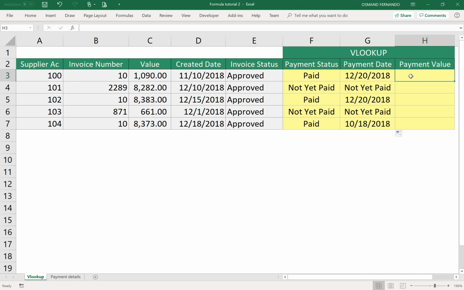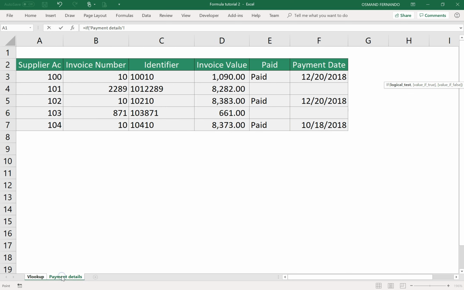Alright, payment value. Let's start the payment value now. Equal if, open brackets, let's define our logic. If the paid cell equal to paid, then we look up,